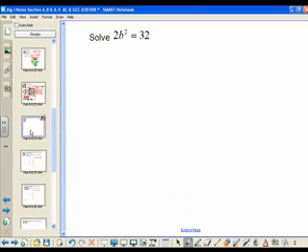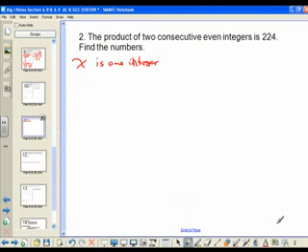Try that one. That one might be one of your special rules. X is one integer. X plus 1 is the next consecutive integer. In other words, we're up here on the